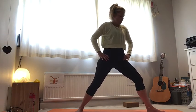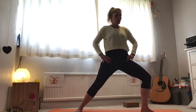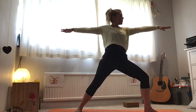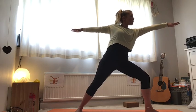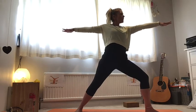Your hands are going to come onto your hips, and you're going to slowly bring yourself all the way up. From here, you're going to twist your front foot so it's now forward, okay, and then you're going to come into warrior 2 on the other side. Okay, so just check in with your position. And then again, just play, what does it feel like to come forward a bit, hang out there in the middle,